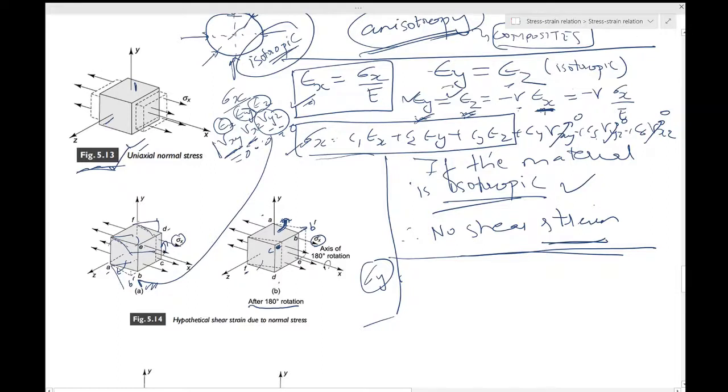Now this is one thing which is there. Then let me just say this carefully. What sigma y will produce alone, it will produce lots of things. It will produce an epsilon x. It will